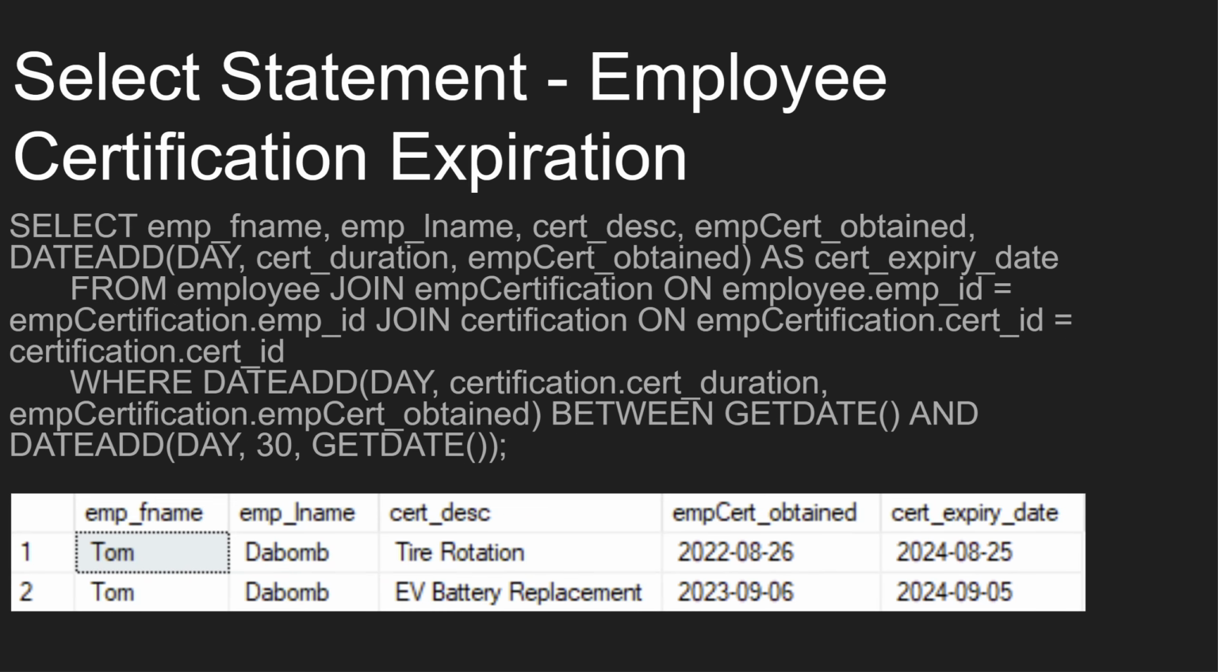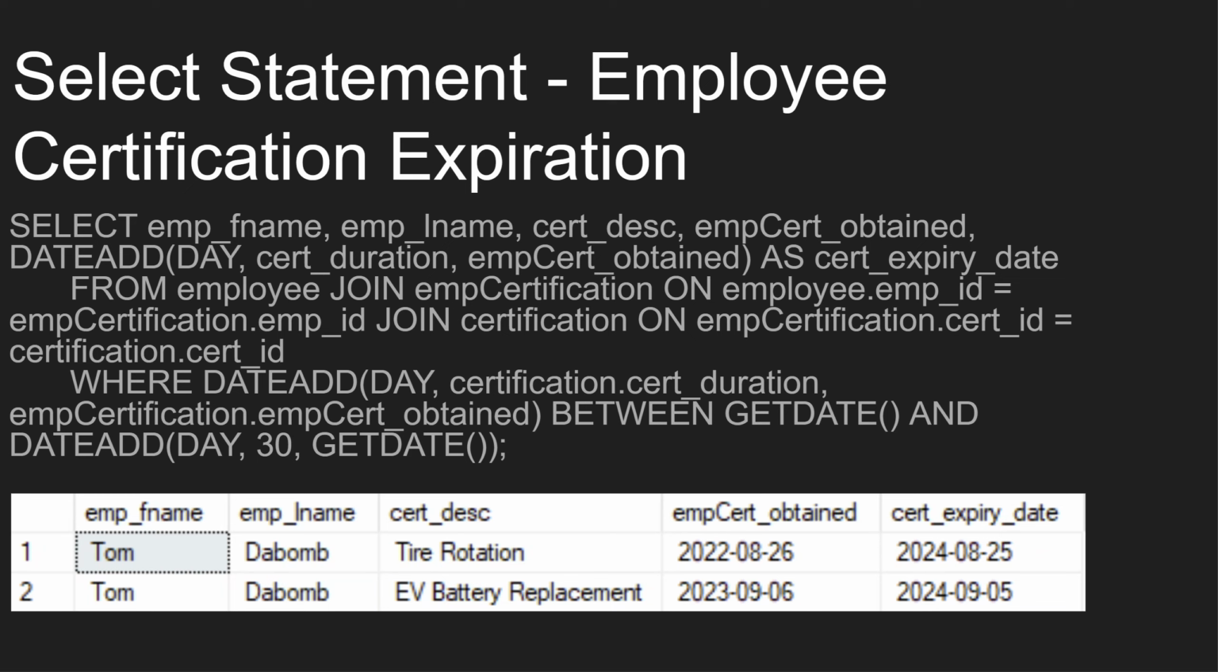Here's another one that displays if an employee's certification is about to expire within the next 30 days. So in the EMP certification table, it takes the date that they were certified on a certain thing, and then in the certification table it also has a cert duration attribute, which is how long that certification is valid for. So then it does the math on it where it takes the date they got it plus however long it's valid for. So like if you get certified on something that's valid for 1 year, then it displays whatever the expiration date is as cert expiry date, and then it checks